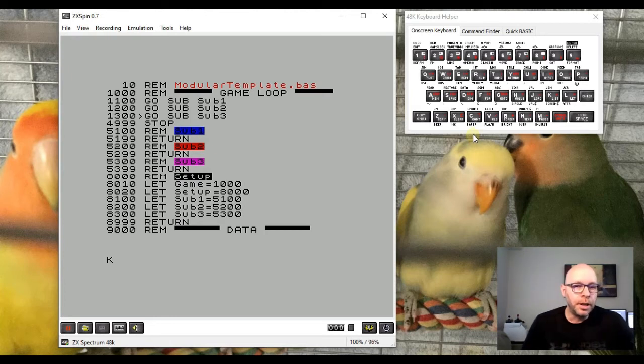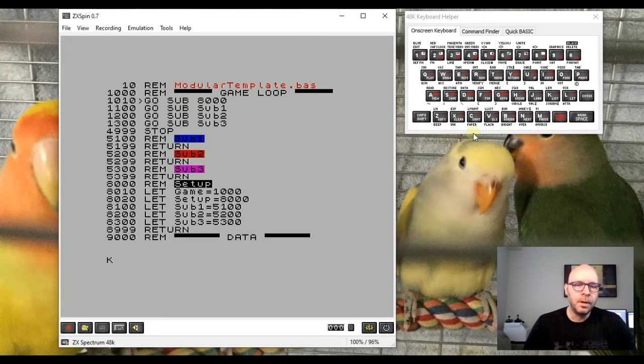But before we call any of the subroutines, we first need to call the setup subroutine to set up all the variables and so forth. But the variable that keeps track of where the setup subroutine is doesn't get declared until the setup subroutine runs, obviously. So we're going to need to call that one manually. So I'm going to enter line 1010, and it's going to call the setup subroutine, but it's going to have to call it using its number. So I'm going to say go sub 8000